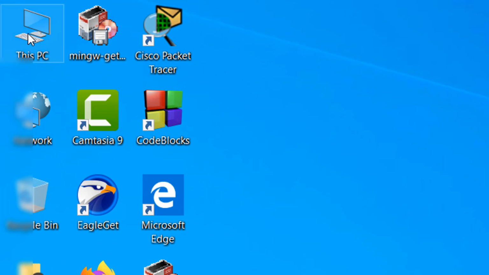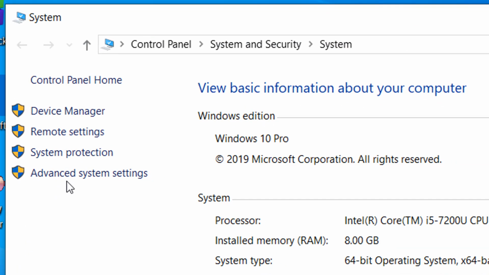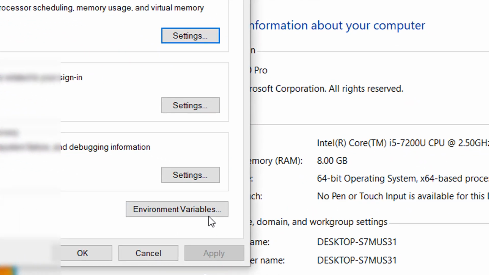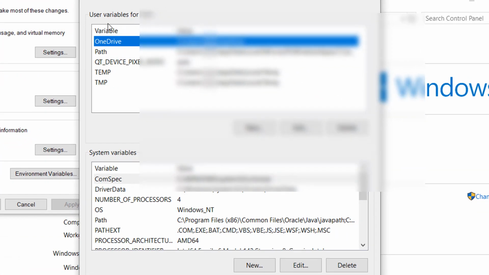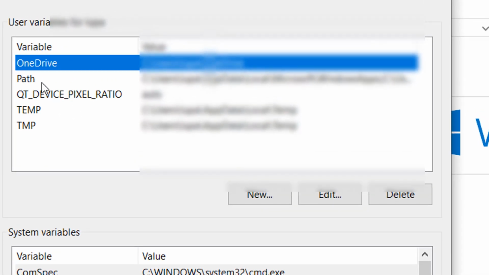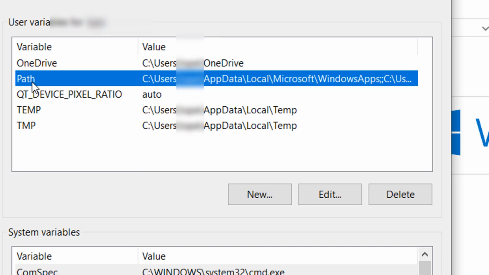To go to user variable, right click on this PC and you will see the properties. Then click on properties, then you will see advanced system settings. Click here, then you will see environment variables. Click here and then you will see user variables. So inside the user variables you will see a variable path. Click on this variable path, click on this and then edit it,